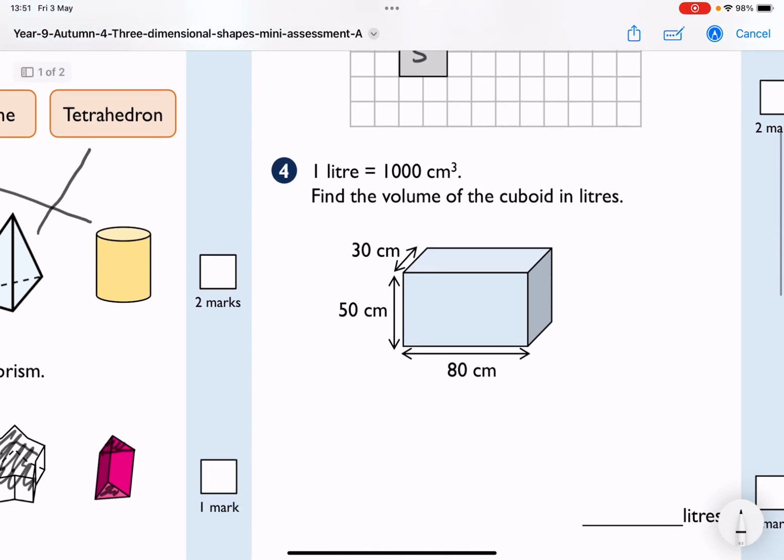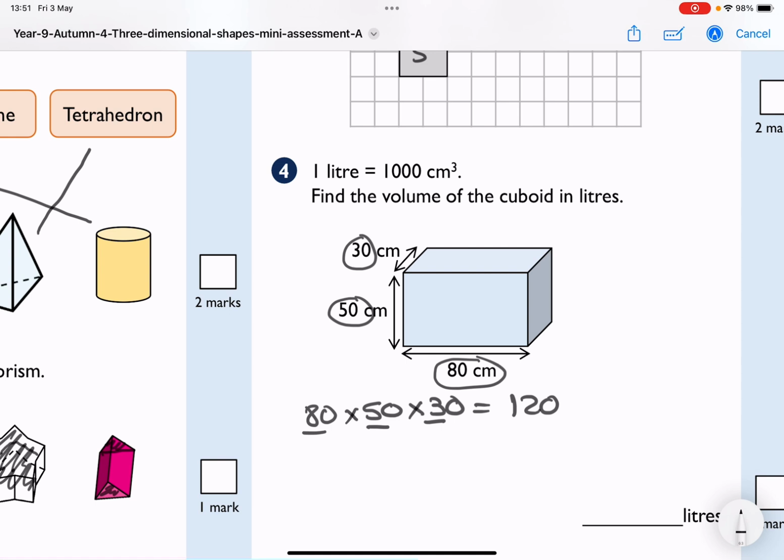And finally, 1 litre equals 1,000 centimetre cubes. Find the volume of the cuboid in litres. Well, to find the volume of a cuboid, we look at the 3 dimensions. There's the base as such, the height, and then say the depth. And the first thing we do is we just multiply them together. For me, 8 times 5 is 40, times 3 is 120. And then I've got 1, 2, 3 zeros to add on. So I've got